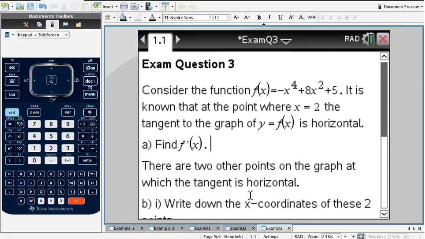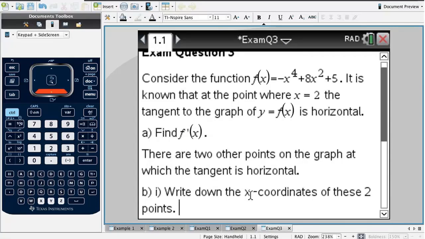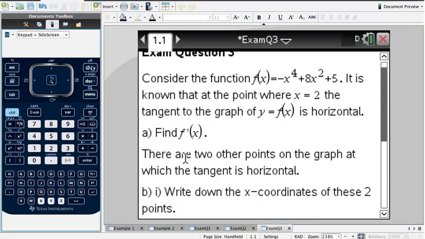And then write down the coordinates of the 2 other points on the graph at which the tangent is horizontal. In other words, I want to know when the derivative equals 0. So I can use polyroots for that because it's a polynomial. So I'll open a calculator document,